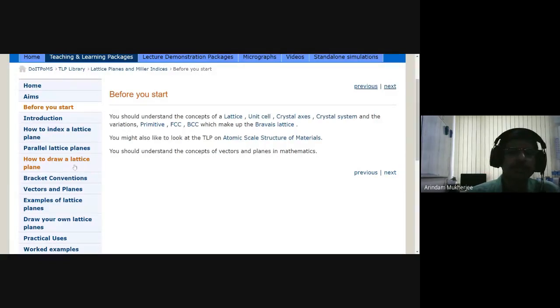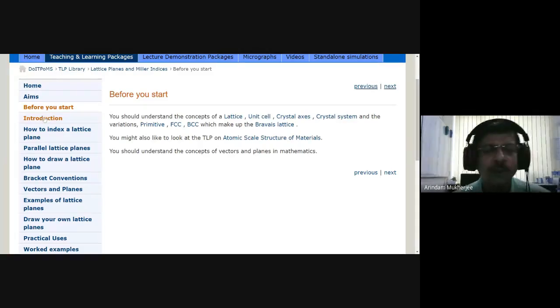In case you have any more confusion, you can even go to this site, Atomic Scale Structure of Materials. This is actually a material chemistry website, and in there is a section on Miller indices, because material chemists use Miller indices a hell of a lot. They always need that to show defects, boundaries between planes, how the planes have defects. So that is a lot. We are not going to do so much.